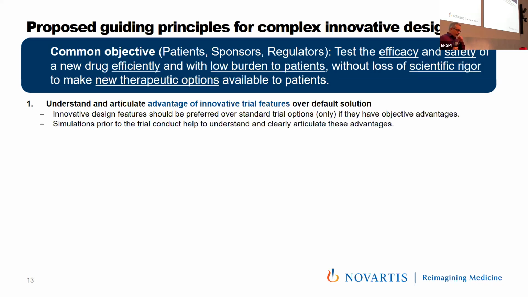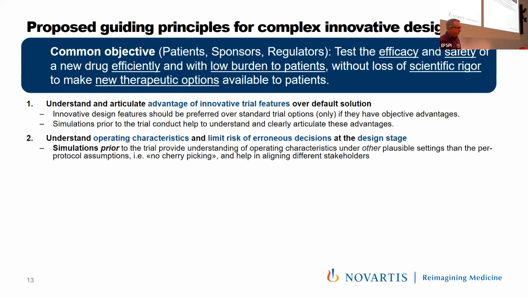Now, there's 3 sub-bullet points. My first one is make it understandable why you want to have these adaptive features. What is the advantage? And I think adaptive design features and complex innovative trial design should only be acceptable if they have objective advantages. But under these conditions, they should be accepted. So it's important that we can spell this out and have this